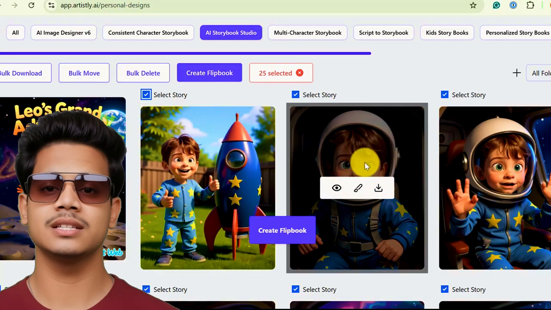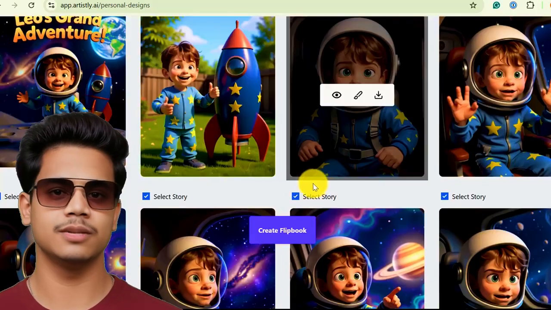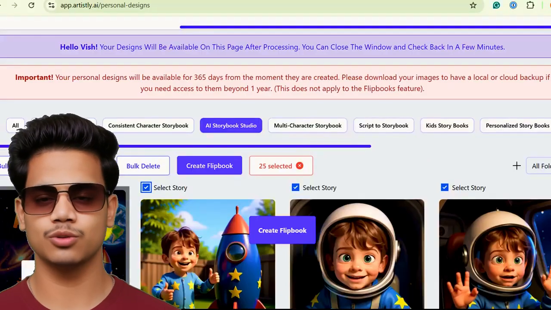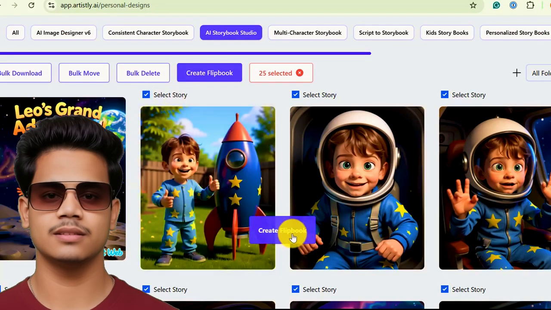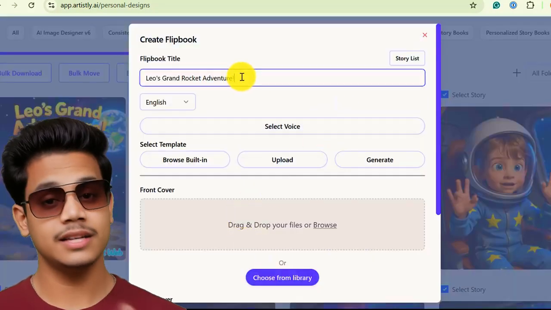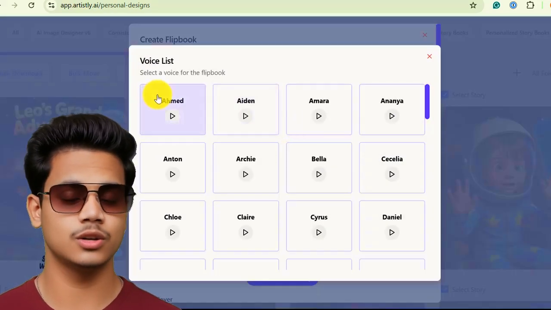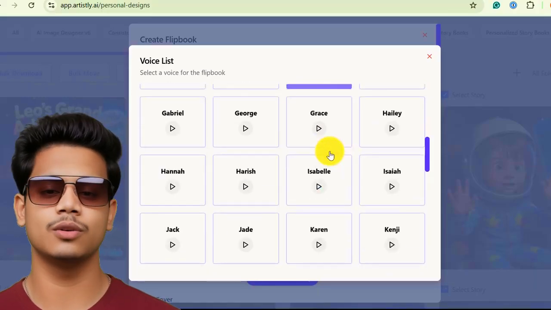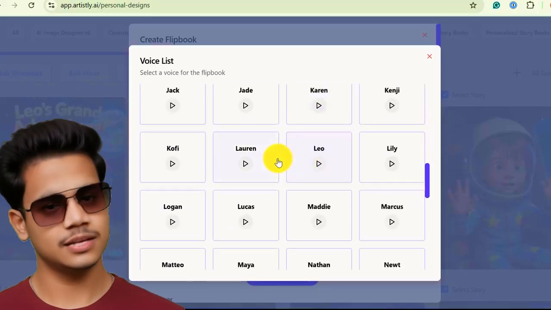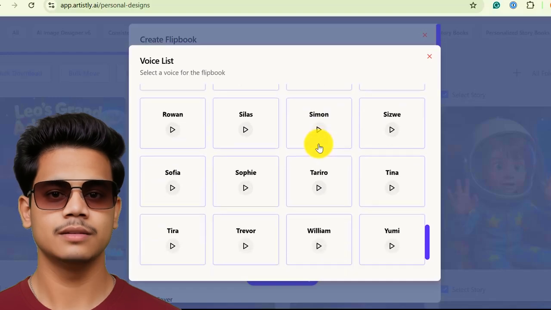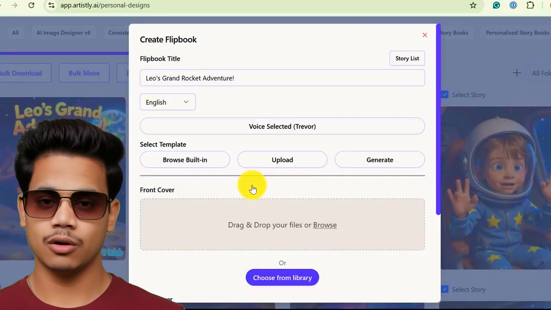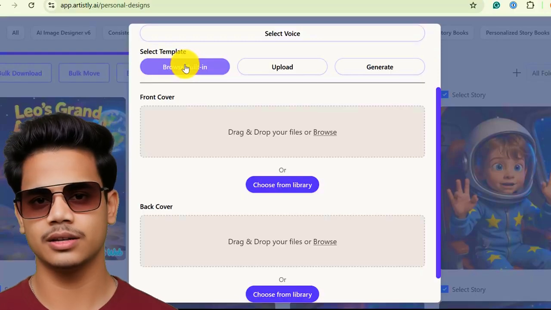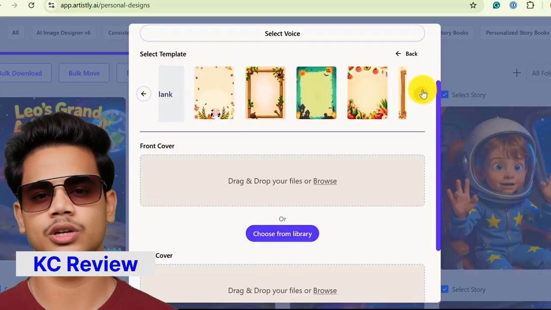If you click one of the pages, all the related pages from the story will be selected. You can see that 25 pages have been selected. By the way, Artistly has also created the cover page for us. Once again, click on create flipbook. Here you can even add read aloud narration to bring your story to life. Simply choose a voice and a language and Artistly will generate a beautiful audio track that reads your story as the page is turned. It is perfect for sharing online, for bedtime stories, or for creating engaging content for an audience of any age. Choose the template front and back covers and hit generate and your flipbook will be ready.